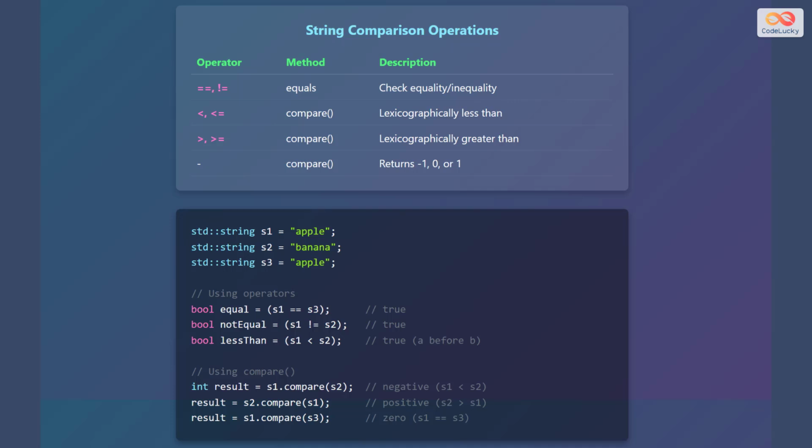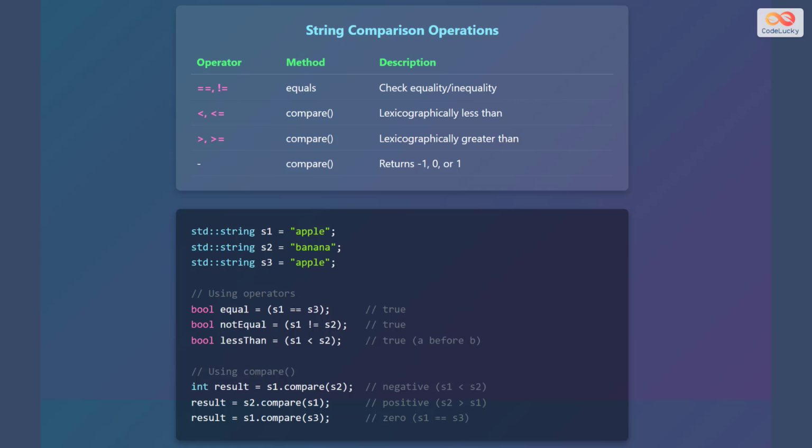First, we create three string variables, s1, s2, and s3, with the values apple, banana, and apple respectively. We use the == operator to check if s1 is equal to s3, which will be true. We use the != operator to check if s1 is not equal to s2, which will be true. We use the less than operator to check if s1 is less than s2, which will be true because a